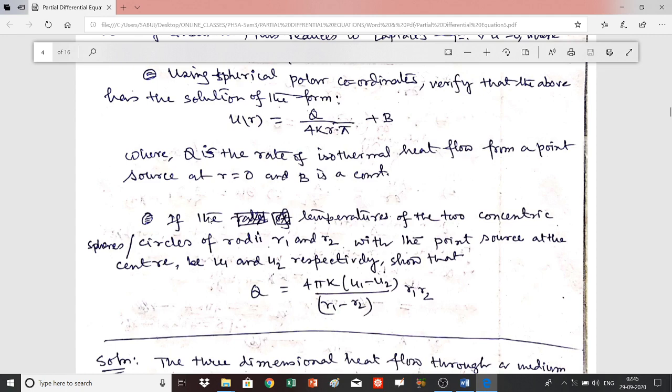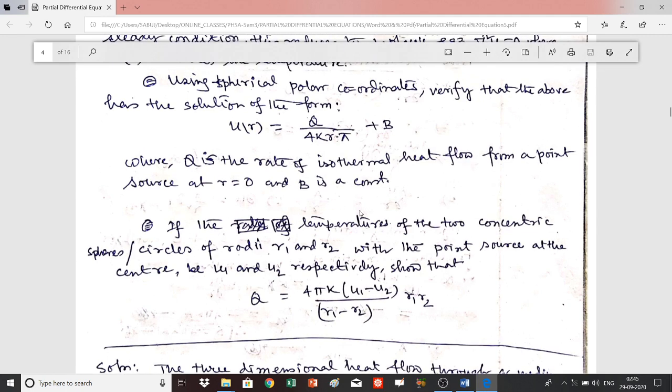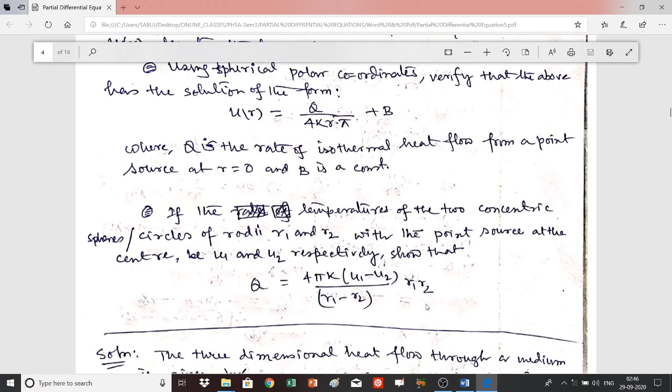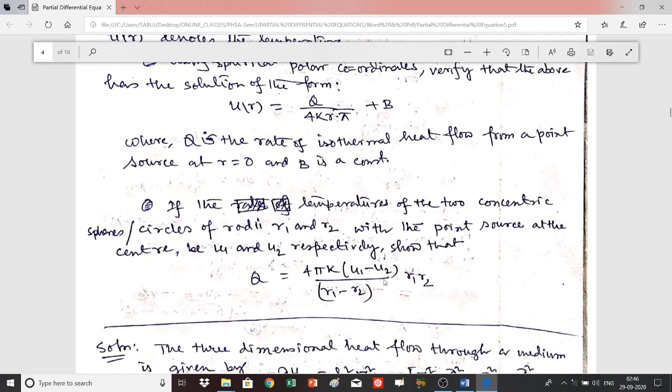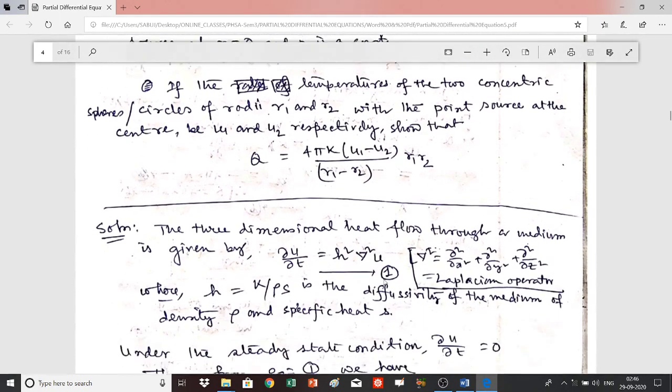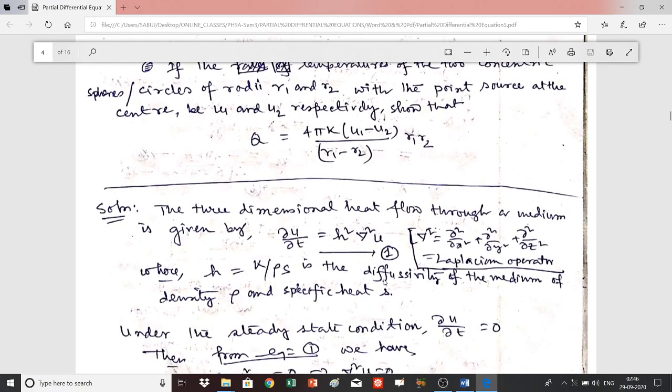Another condition is here, that is, if the temperatures of the two concentric spheres of radii r1 and r2 with the point source at the center be u1 and u2 respectively, show that u is equal to 4πk (u1 minus u2) by (r1 minus r2) into r1 r2. There are two conditions, you have to prove two identities, one is this and another is this. Two problems. So now here the three-dimensional,